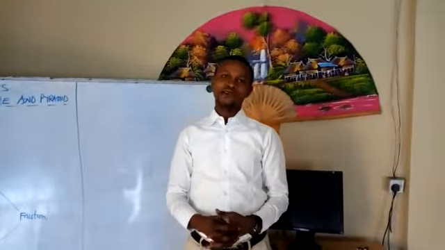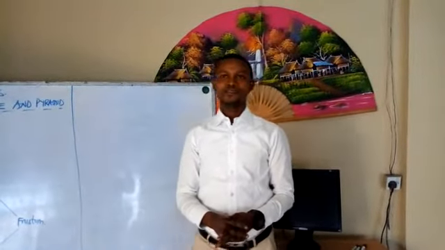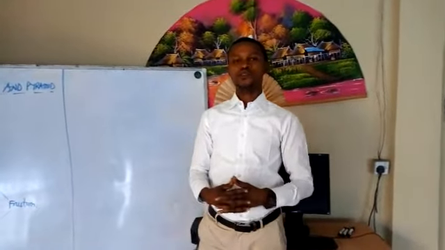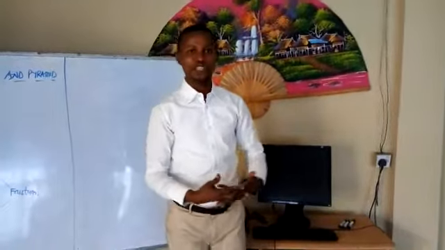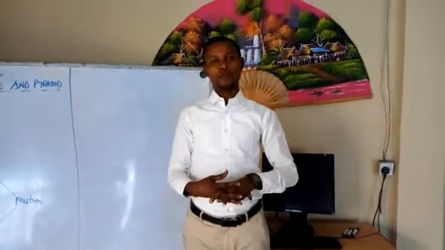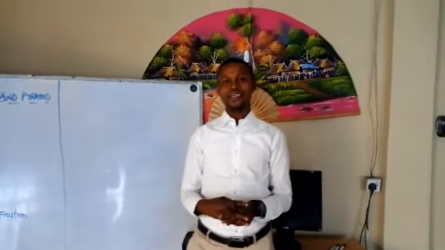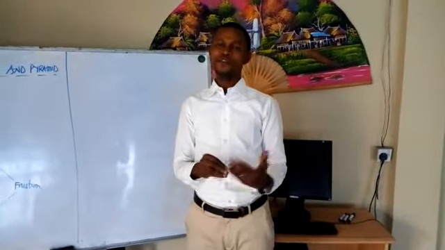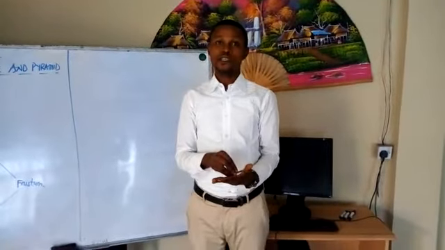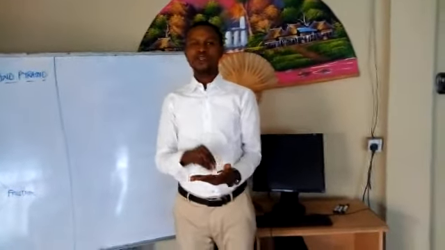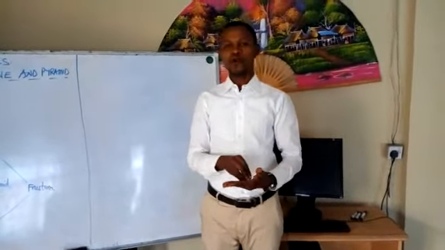You are welcome to yet another mathematics class. And we are still on the topic mensuration. Over the previous classes we've dealt with mensuration of plane shapes, and solid shapes. Currently we are on solid shapes, okay? But today our subtopic under mensuration is finding the surface area and the volume of the frustum of a cone. In our previous class we dealt with the cone, the mensuration of a cone. So today we'll be going further to taking the frustum of that cone and pyramid.